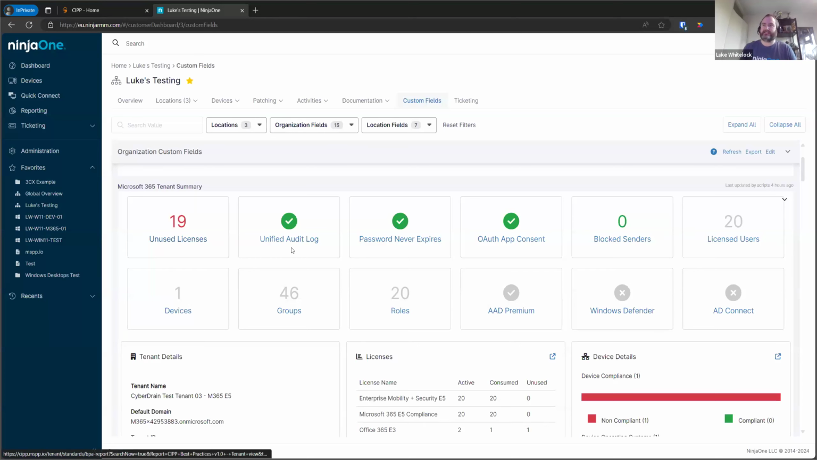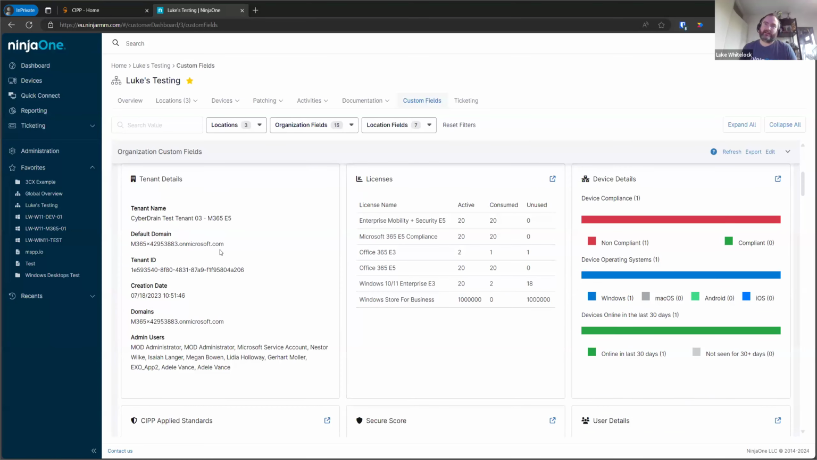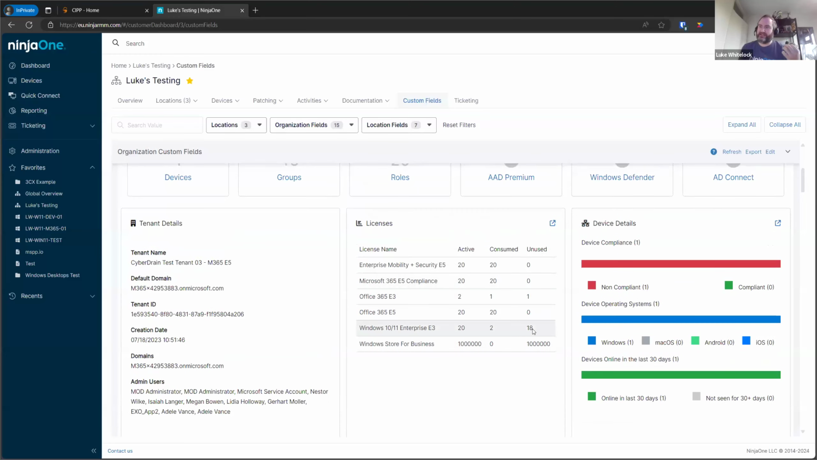So things like unused licenses, if they've got the unified audit log enabled, any block senders inside Exchange Online, if they're using AAD premium licensing, if they've got Windows Defender enabled, and if they're using AD Connect. We then show some high-level tenant information, so you can quickly grab a tenant ID if you need it for something, see what domains they've got enabled, give you a quick overview of all the licenses in that tenant,